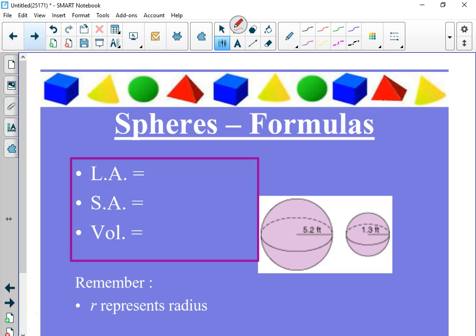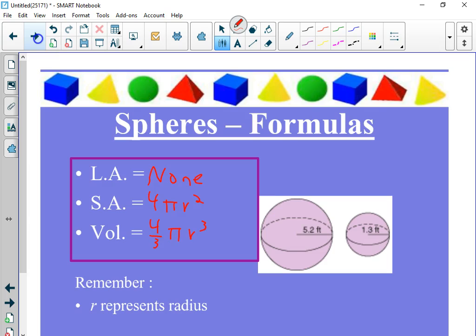Now, we have some formulas again, of course. Lateral area. Well, there is none, because there are no sides. There is just surface area, which is 4 pi r squared. Okay? Now, if you can remember, pi r squared is the area of a circle, and then you just multiply by 4. And volume is 4/3